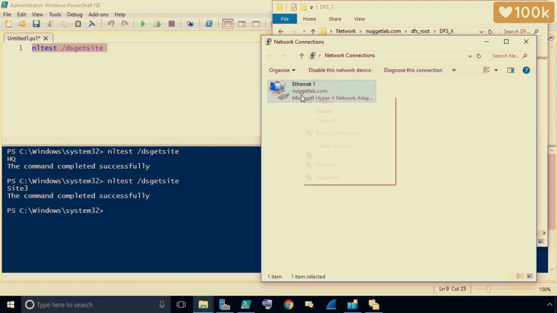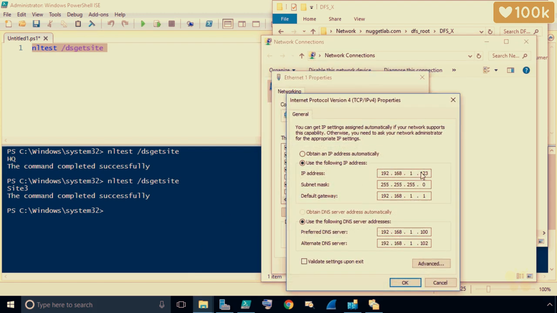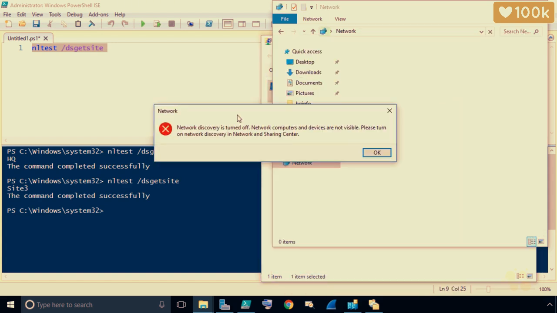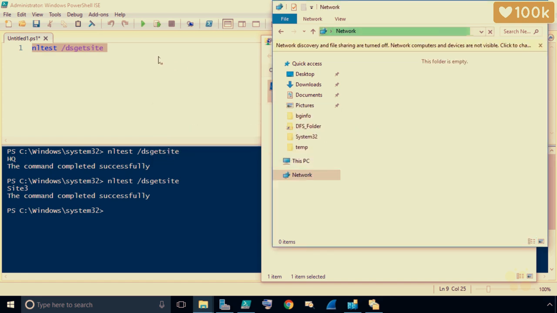And let's right-click on Ethernet 1, go to Properties, and let's put this guy with an IP address of 122, which would put him into Site 2. So we'll click on OK with the 122 address. OK again. We get a message about network discovery being turned off. Great. And we'll go ahead and launch the